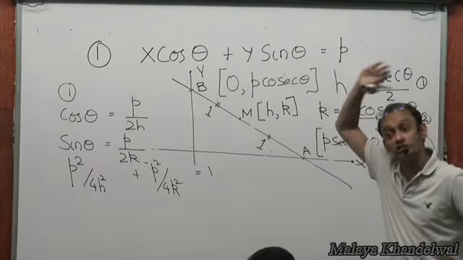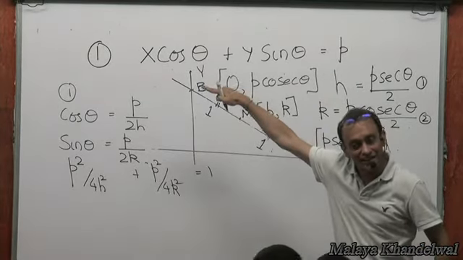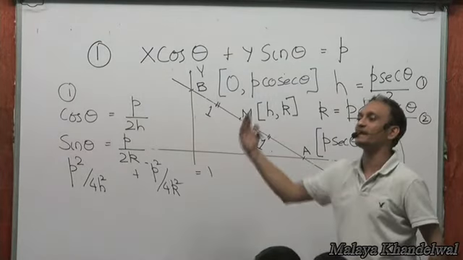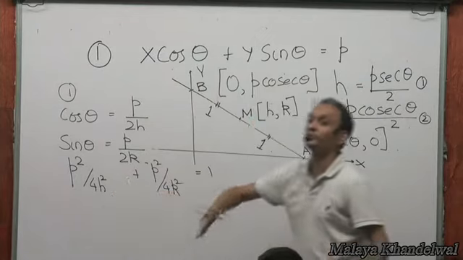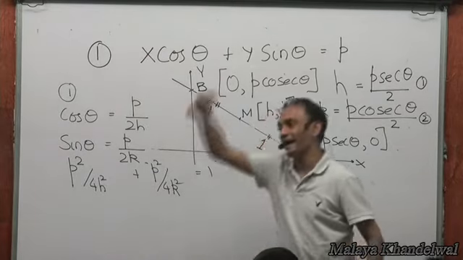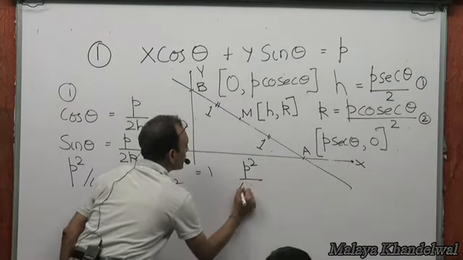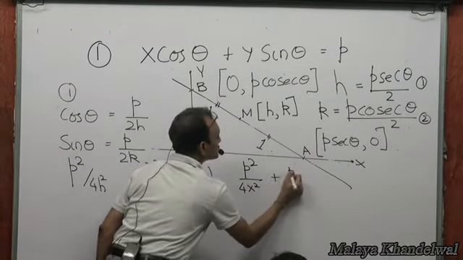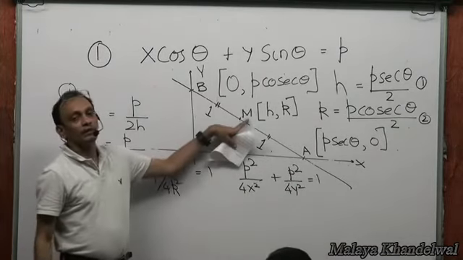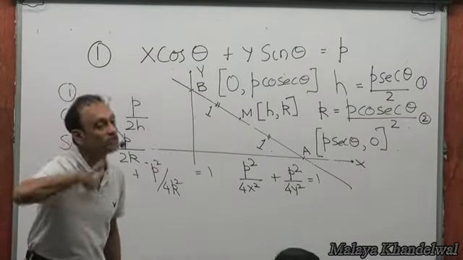That means true for all positions of the line. Therefore true for any M lying on the trajectory that it traces. And therefore I wish to generalize this. Replace h by x and k by y. That's going to give me the locus of M. That condition would be true for all points on the trajectory traced by M. So generalize this. Replace h by x and k by y. p squared by 4x squared plus p squared by 4y squared equal to 1. This would be the condition true for any point (x, y) lying on the path traced by M, and will therefore be looked upon as the locus of M.